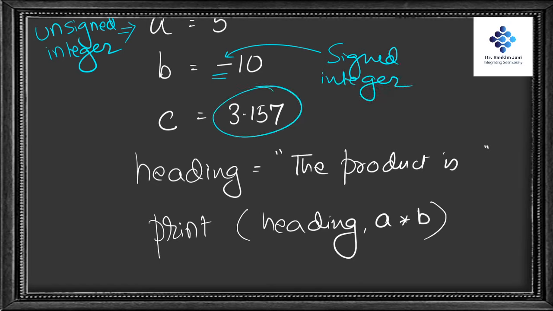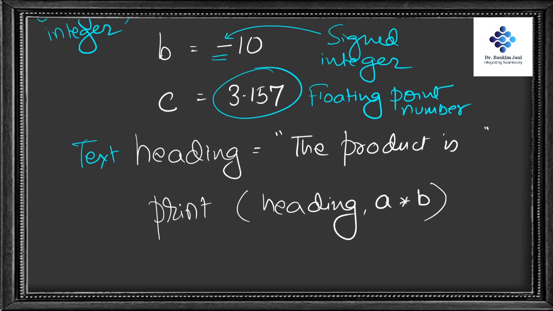Over here, this is a floating point number, and this is text. So these are simple variables, just one value, whatever name we give, but basically they are just simple variables. Okay,